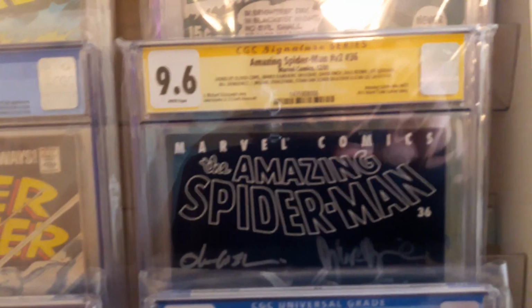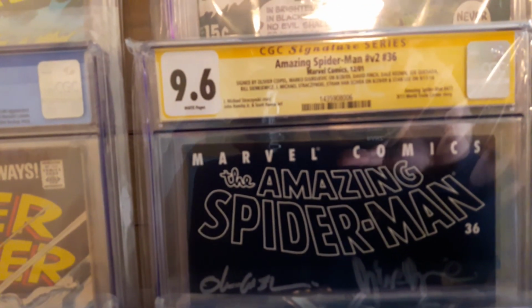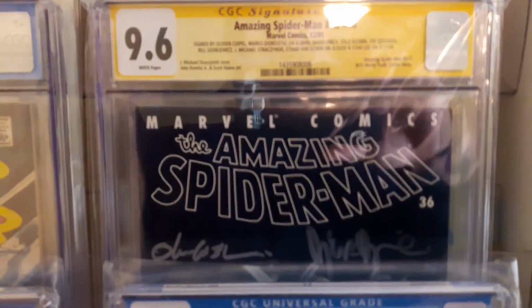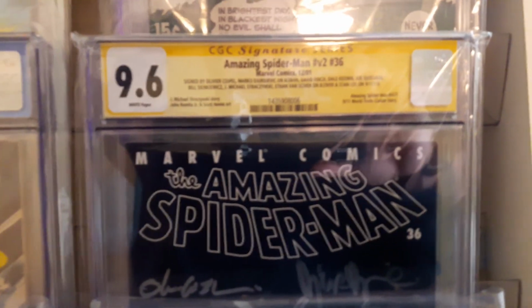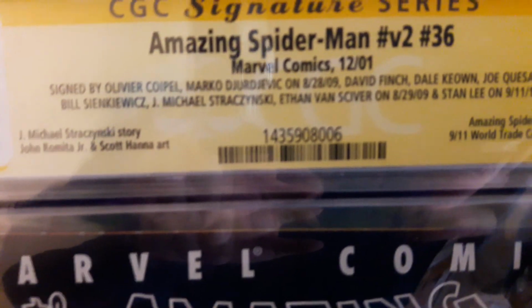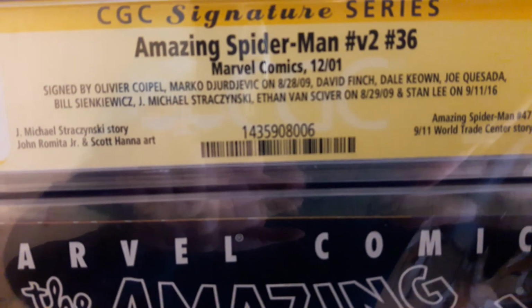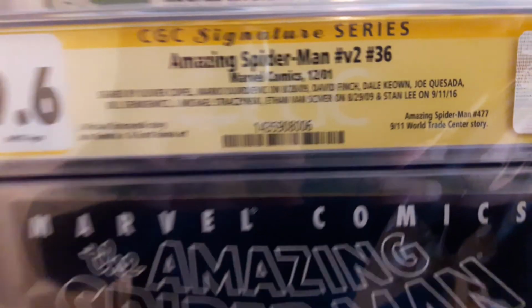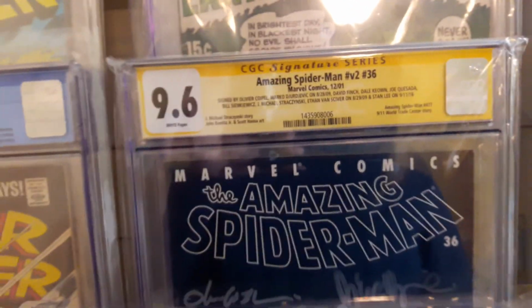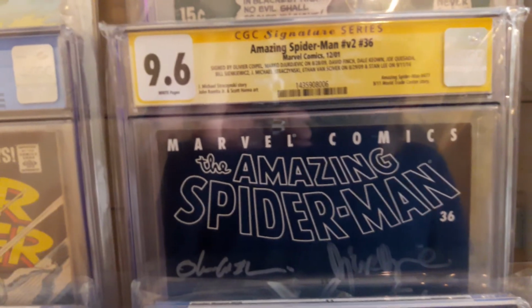Here's another book that I've had for a while. It's the ASM 36, the 9/11 memorial issue. I think I had 8 or 9 SIGs on it. I can't remember how many I have. Let me see here. I've got 1, 2, 3, 4, 5, 6, 7, 8 SIGs on it, and then I subbed it through my buddy Don Lapid, because he works with Stan Lee